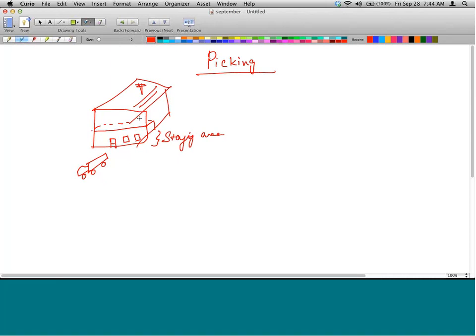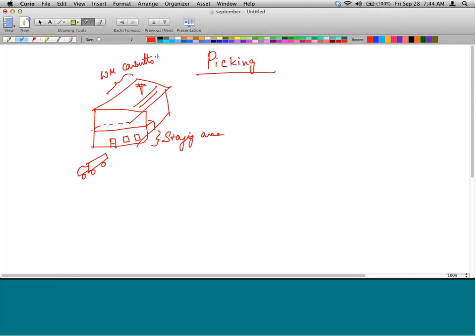Right? This is for small items. Now imagine you are selling iron ore. 1,000 tons of iron ore need to be supplied to a Pittsburgh, Pennsylvania steel plant. What can you use? Not a forklift. You will have to use what? Trucks. So how you do picking is very subjective and dependent on the nature of the material and the nature of the warehouse, and you don't have to really worry about it. How you do it internally is a topic for a WM consultant, a warehouse management consultant. So we don't care.